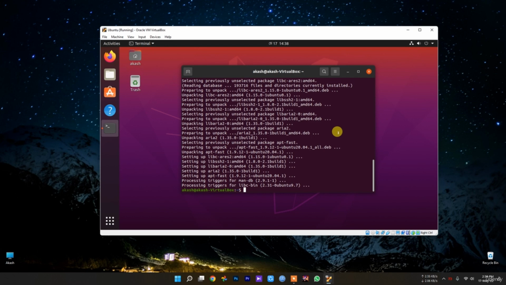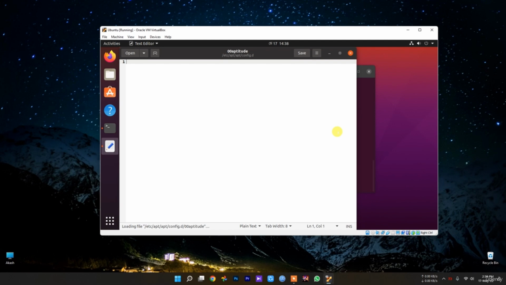To achieve that, you need to open a certain file. So just type sudo gedit, then we need to select our directory /etc/apt, maybe the file name is apt.conf.d/00aptitude. Okay, and in here you need to add a line which is